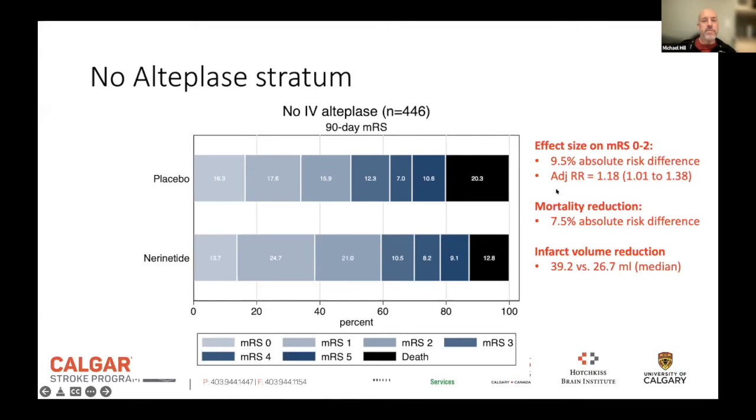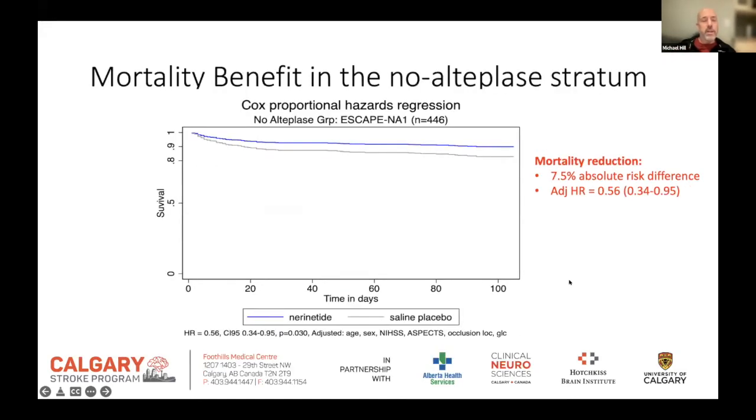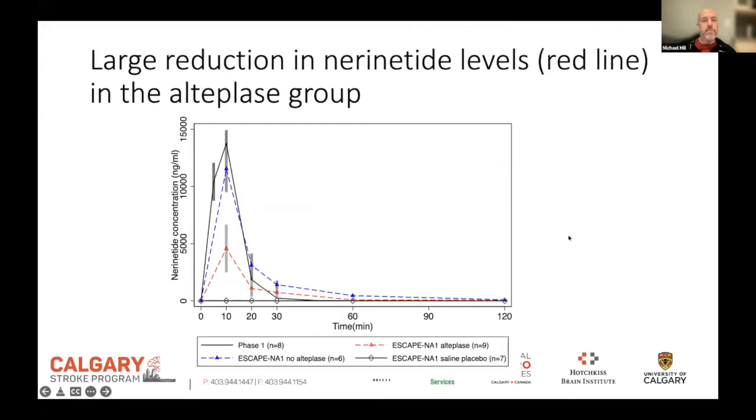We had a mortality reduction. We also saw an infarct volume difference. And I think this biologically was something that really supported the overall effect. Here's the mortality benefit in this group. And then I think the other thing that really supported this concept was, and this is now going from bedside to bench, right? And I'll show you some more data on this in a second as we finish up here,